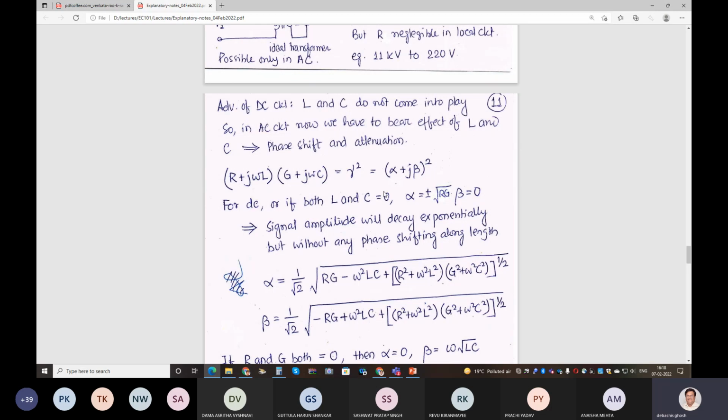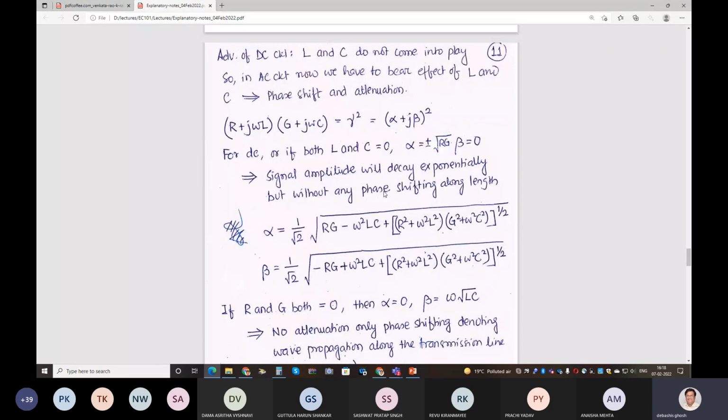Now let us see some special conditions. In special conditions, what happens for DC? For DC, that means if omega is equal to 0